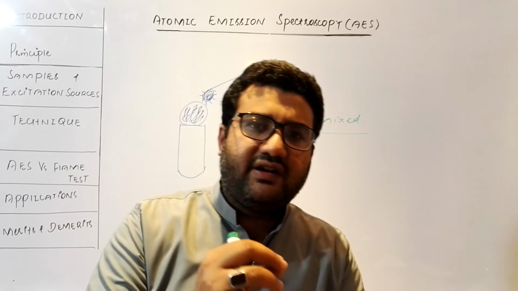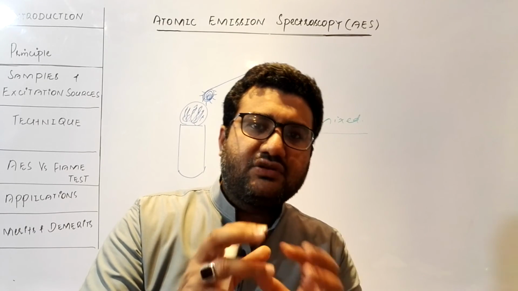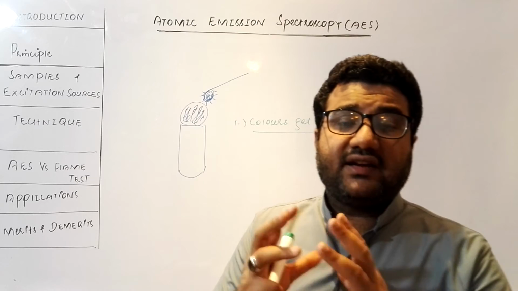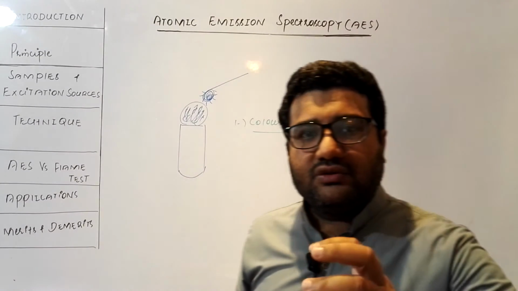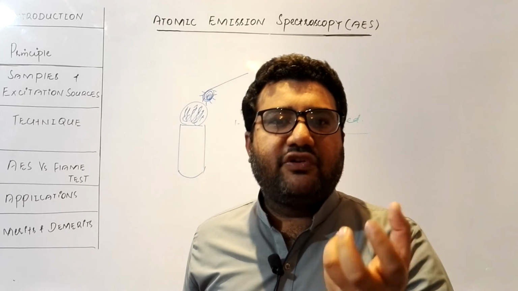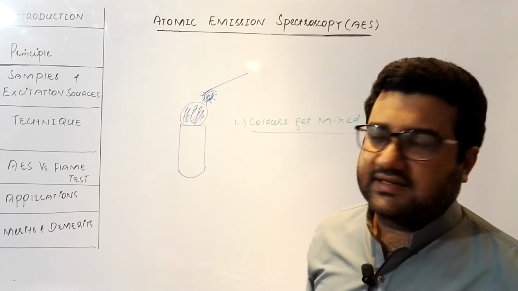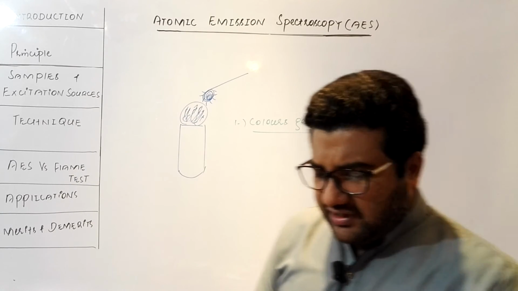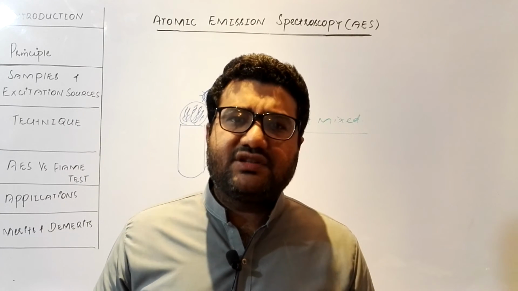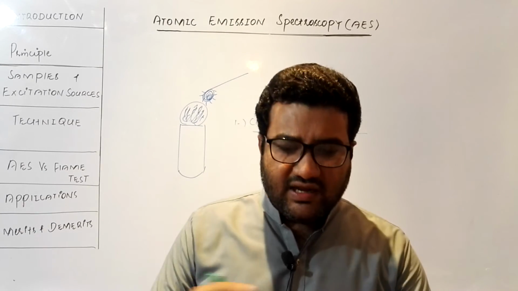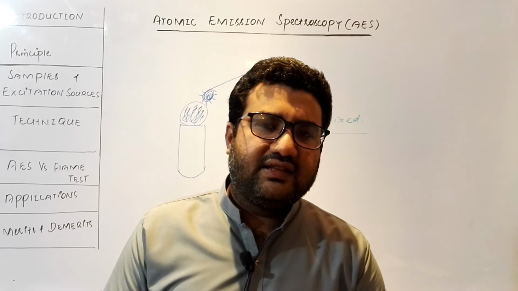Sometimes it becomes violet, then a slight shade of blue is also introduced in it. So sometimes detecting the colors becomes very difficult for us in a flame test, and that is due to the range of the frequencies, the range of the energies that is released during the de-excitation of the electrons. And even sometimes two different elements show the same color, just like lithium and strontium, I think, I do not remember exactly, but both show a reddish color in the flame test.